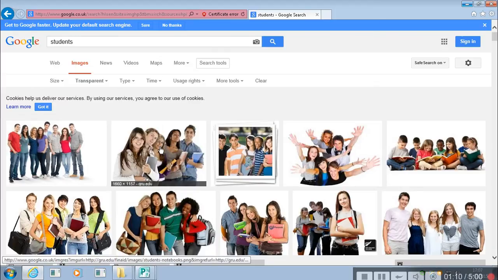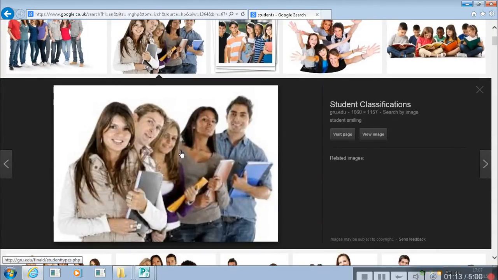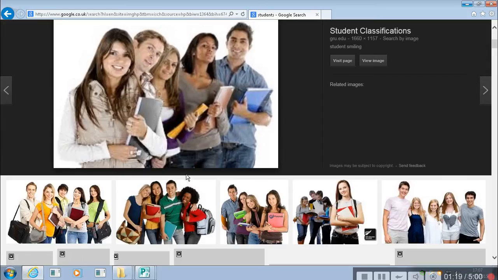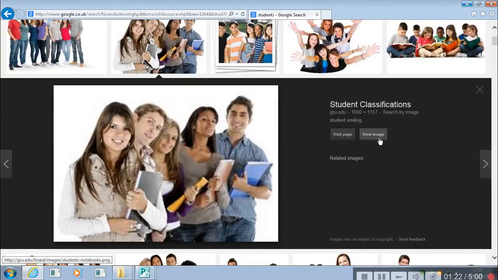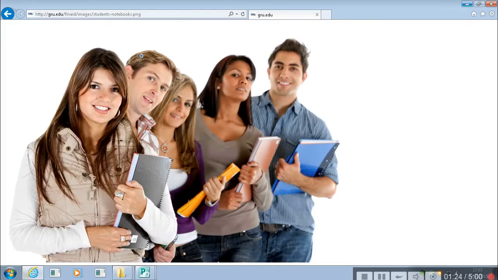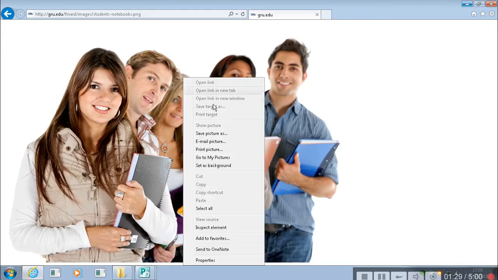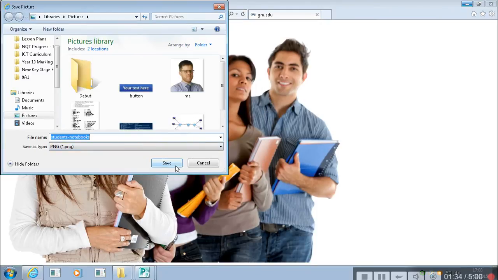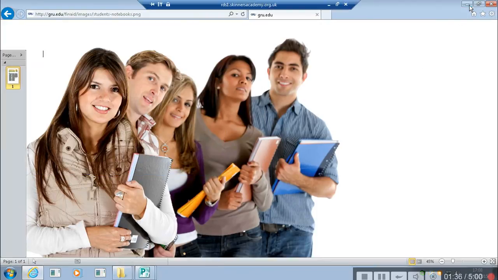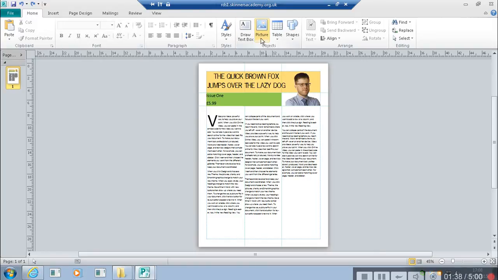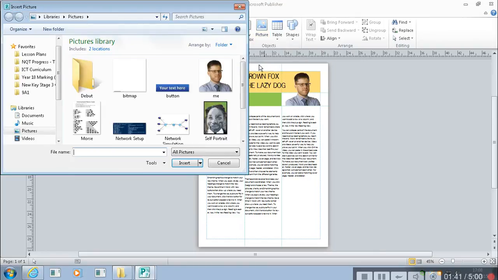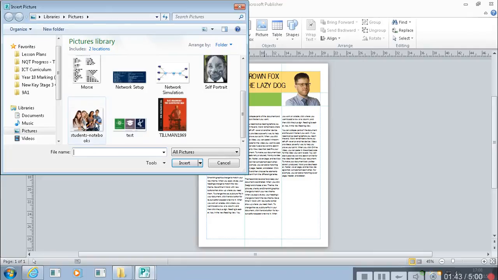and look at this. There we are. There's a bunch of students, and when it loads, what we'll see, let's try that. When we say view image, there we are. What we'll see is we've got a nice picture of a bunch of students. So I'm going to save that picture. So I'm going to say save picture as, and I'm going to save it just in here. Now I'm going to insert that into my publisher document by clicking on picture and going and finding the picture